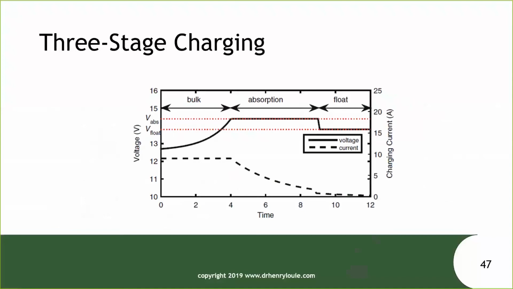Smarter charge controllers will use a 3-stage charging process where if you look at the battery voltage, it begins the charging period at a low state, and we try to charge it as fast as we can up until we reach a particular voltage called the absorption voltage. We hold that voltage constant because we don't want to overvoltage the battery. It again damages the battery, and we charge the remaining 10 or 20% of the battery until it's full, and then we drop it into the float stage where we're just trying to maintain, sort of topping off the battery. So we see 3 stages: bulk, absorption, and float.